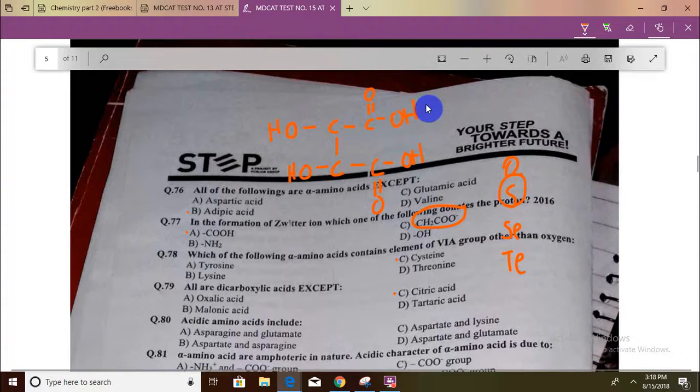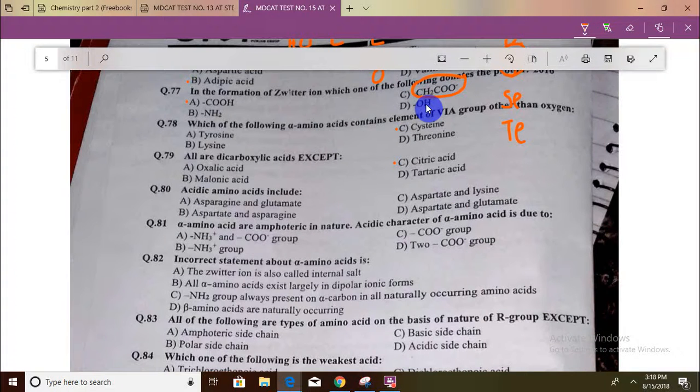So acidic amino acids include asparagine, glutamate, no. Aspartate, asparagine, no. No, actually this is it. This is alright, not this part. This is right. Because this is the salt form of it. Glutamic acid and aspartic acid